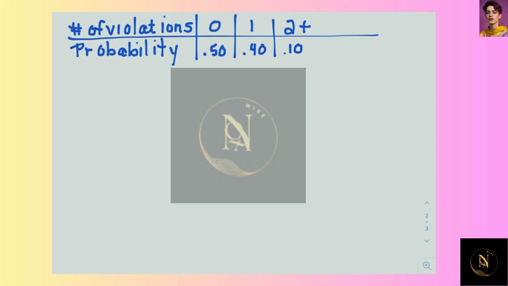As we read through this problem, it says that we are going to inspect 5 different trucks. So in that case, our n value is going to be 5. And we want the probability that 3 will have no violations, so we're going to call that x1, and there would be 3 with no violations. We also want 1 having 1 violation, so that's our second event, so we're going to say x2 is 1. And we want 1 with 2 or more violations, so we're going to call that event 3, and we want